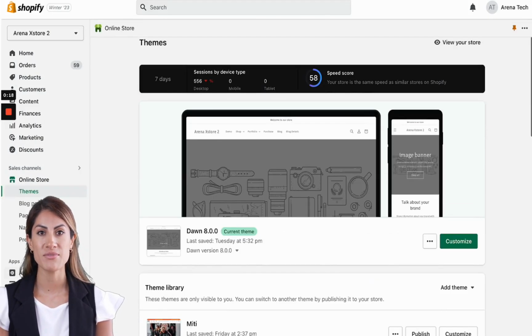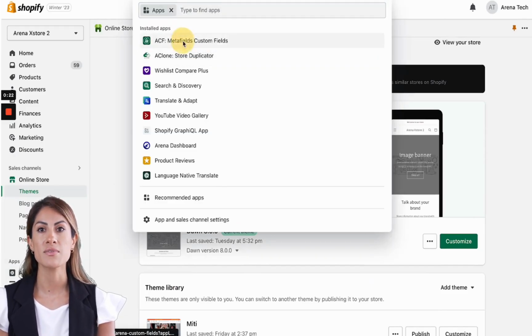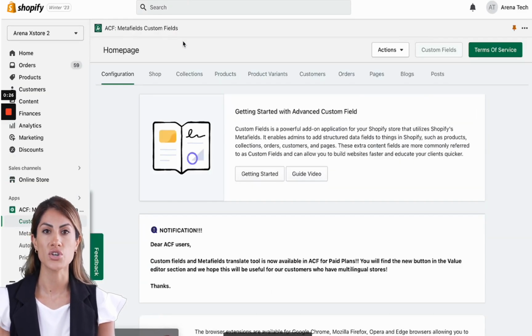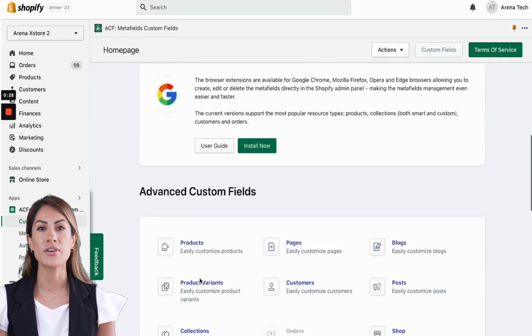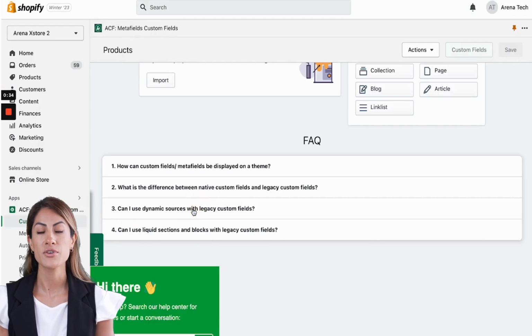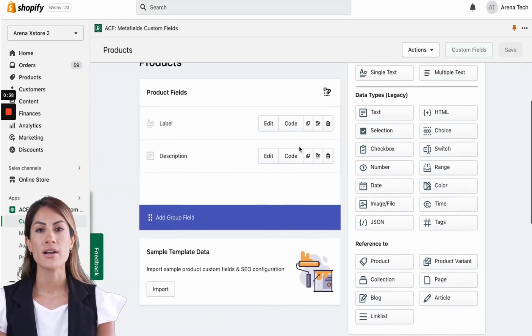First, open the Advanced Custom Fields app on your Shopify dashboard. If you haven't installed the app yet, search for it in the Shopify App Store and follow the installation instructions. Once in the app, click on the Custom Fields tab at the top of the page. Choose the object you would like to add a custom field to. For example, if you want to add a custom field to your product pages, select Products from the object list